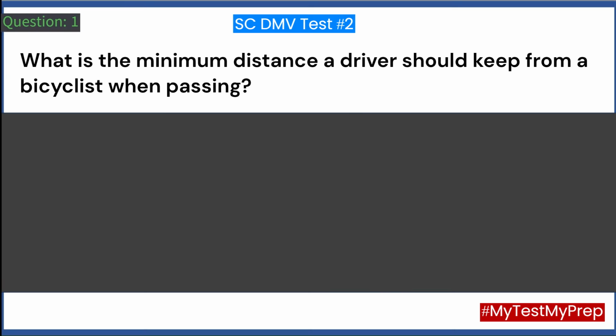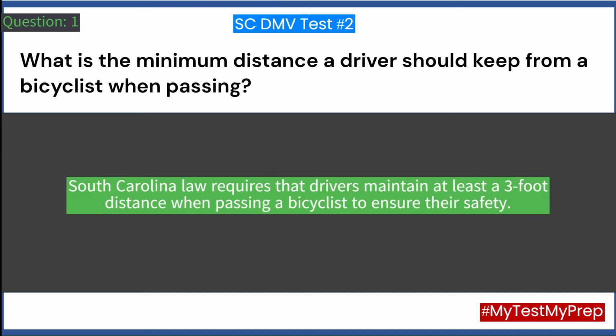What is the minimum distance a driver should keep from a bicyclist when passing? A. 1 foot. B. 3 feet. C. 5 feet. Answer, B. South Carolina law requires that drivers maintain at least a 3-foot distance when passing a bicyclist to ensure